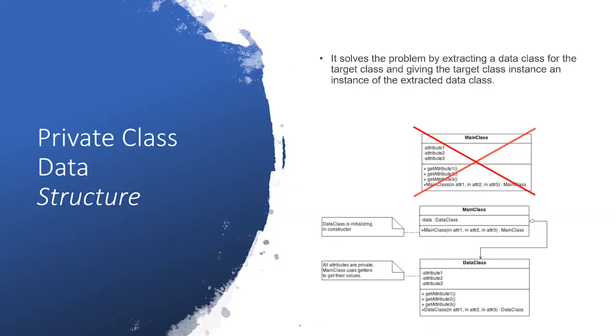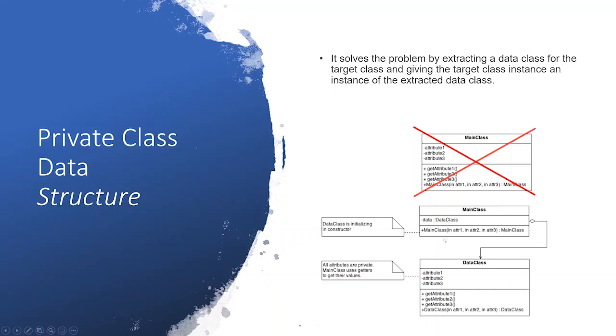So the simple solution is this. You can see our initial structure of the class was looking like this, where we have a few properties: attribute 1, attribute 2, attribute 3. We have get attribute 1, get attribute 2, get attribute 3, and we pass these three attributes to the main class, and via the main class constructor we are setting these values. Now suppose some method we have written is unintentionally changing the values of those attributes from inside this main class itself. Our objective is to deny that possibility also, so come up with such a design that the possibility doesn't exist in our application.